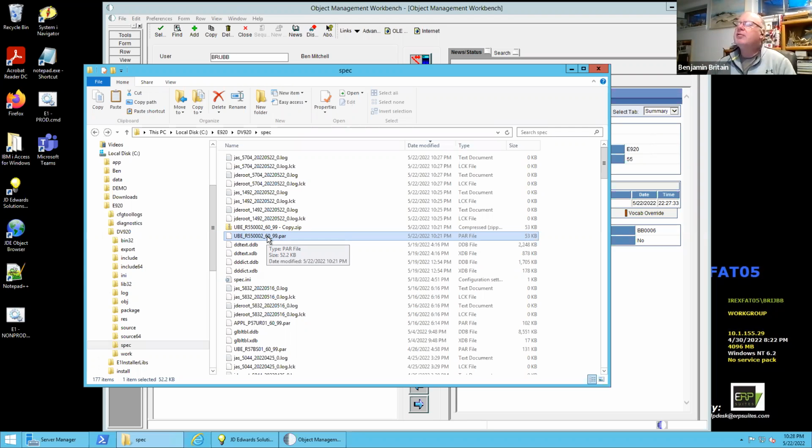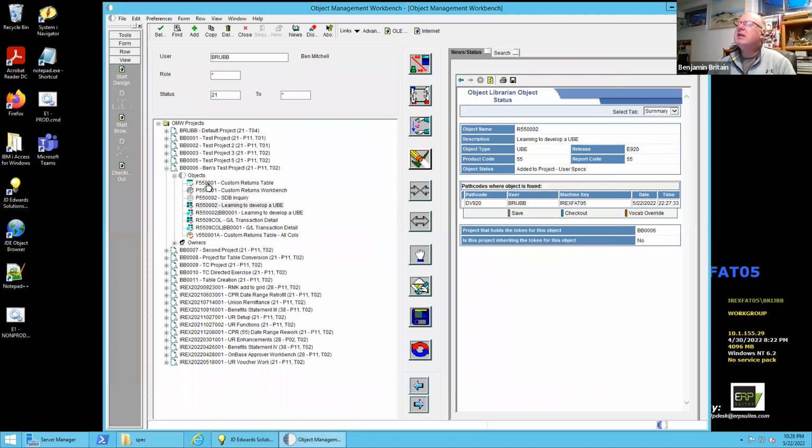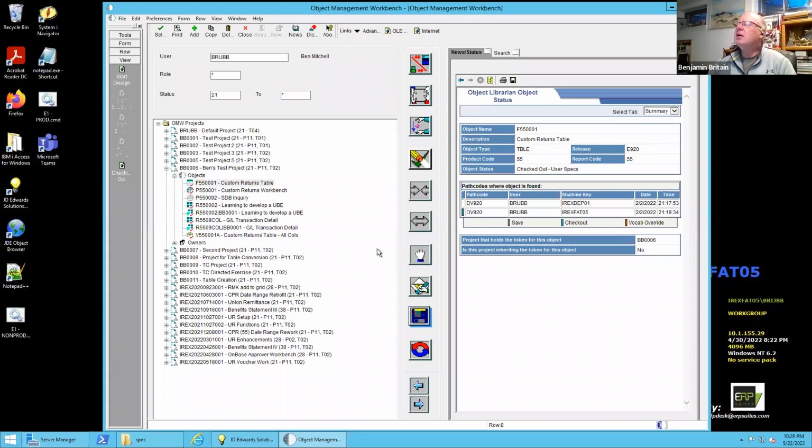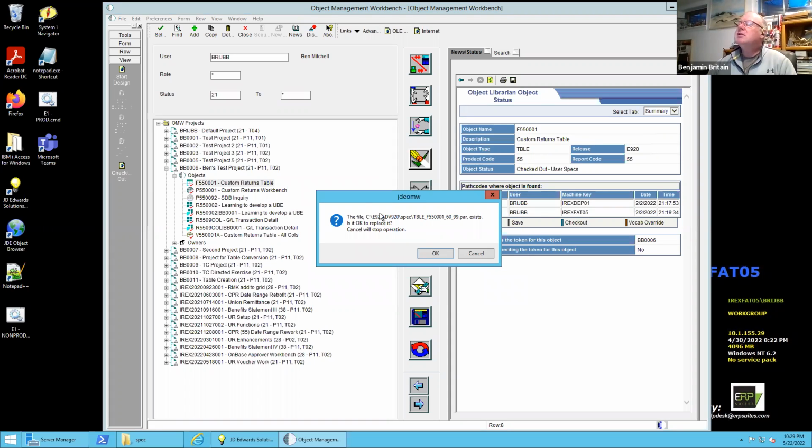I want you to get comfortable with creating par files and saving them off. So you can do it to any of these objects that show up in here. In fact, I can do it to the table as well. And oh, look, it gives me a warning, says, hey, you've already got a copy of this table in here. And is it okay to replace it? Well, in this case it is, but maybe